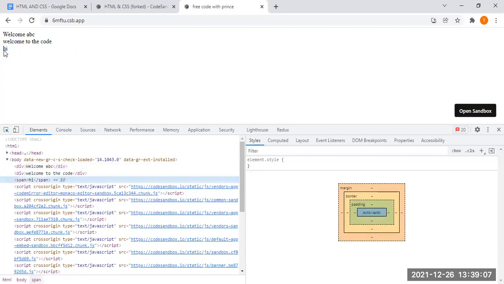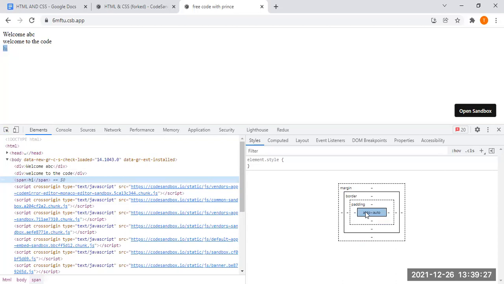When I inspect over here, can you see there is an option called auto. When I hover on this, can you see it occupied only the space of how much width the text holds and how much height the text holds. That is the difference between the div and span tag.